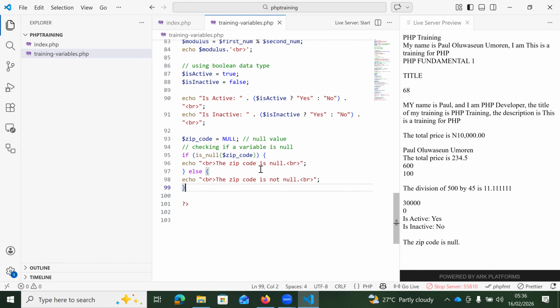If it's null, echo this is null, else echo it is not null. Let's say I put 1 0 0 1 2 3 here, and then it's not null. So it therefore means that there is something in it. So if it's null, echo is null, else echo is not null, then echo the value. It's not null, then say here, here is the